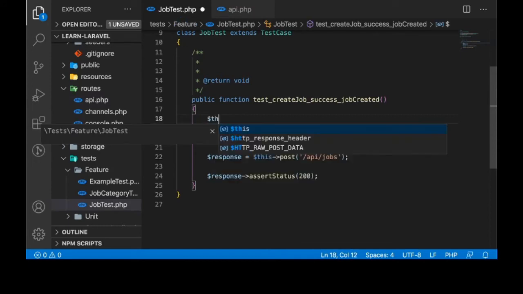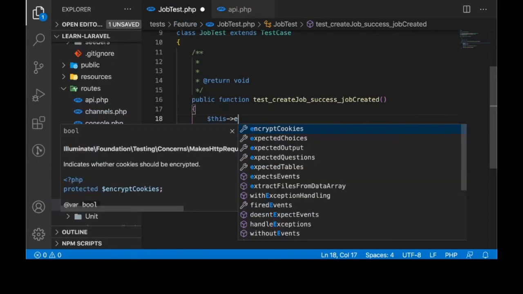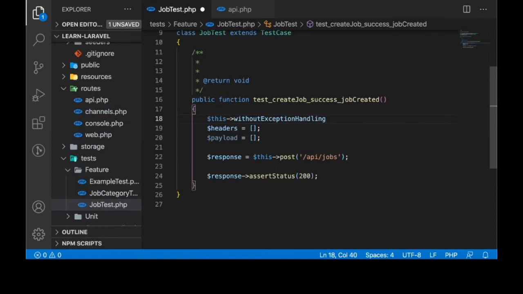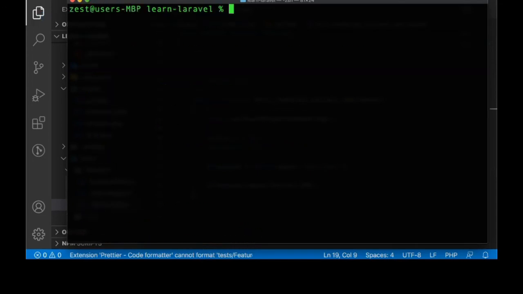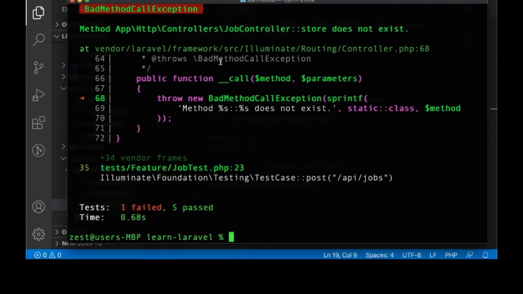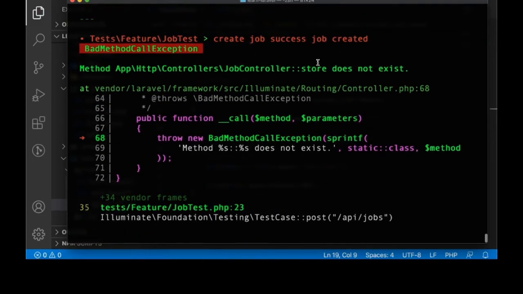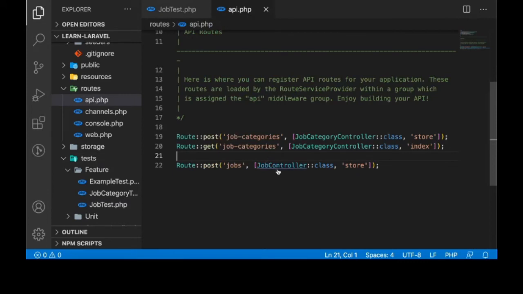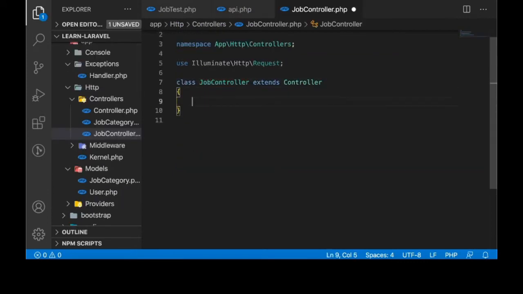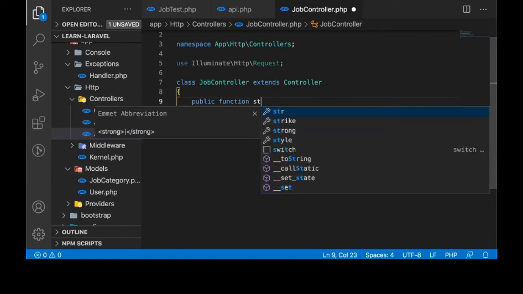Remember we said sometimes when the error message is not clear, you might just call this method without exception handling and run the test again. Let's see what the problem is. So it's saying that the store method does not exist. Of course, we don't have a method called store, so let's go ahead and create that. Public function store